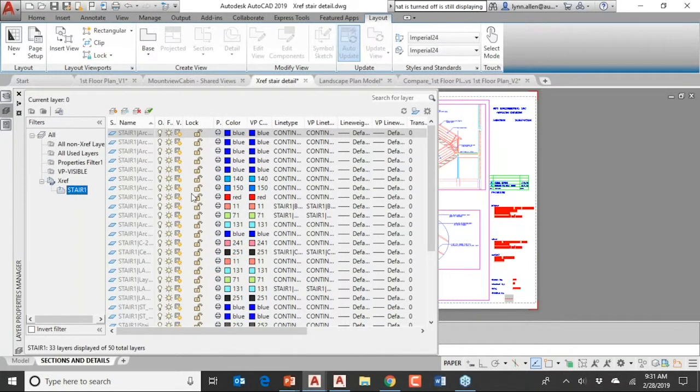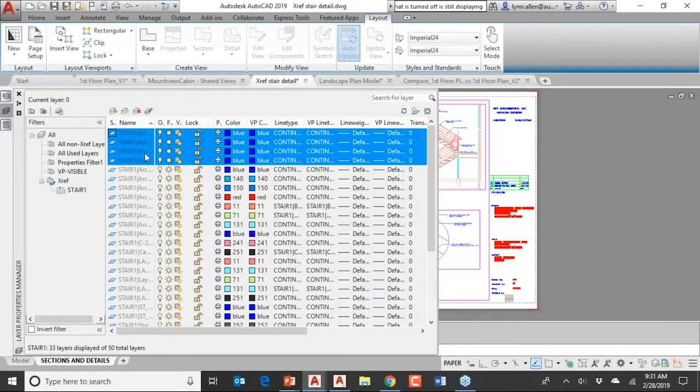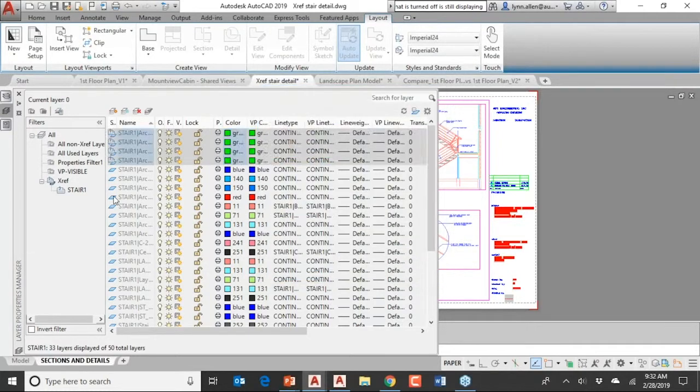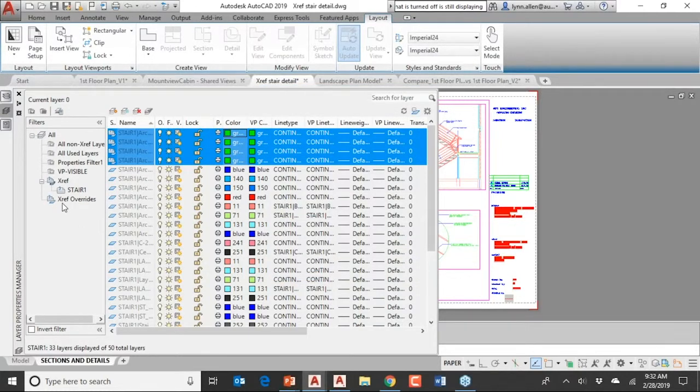Here's all my XREF layers. And if I were to just grab a few of these and change the color, I'm going to do an override, okay? Let's change the color to green, for example. If you take a look at the dialog box, I just want you to see that they added in a